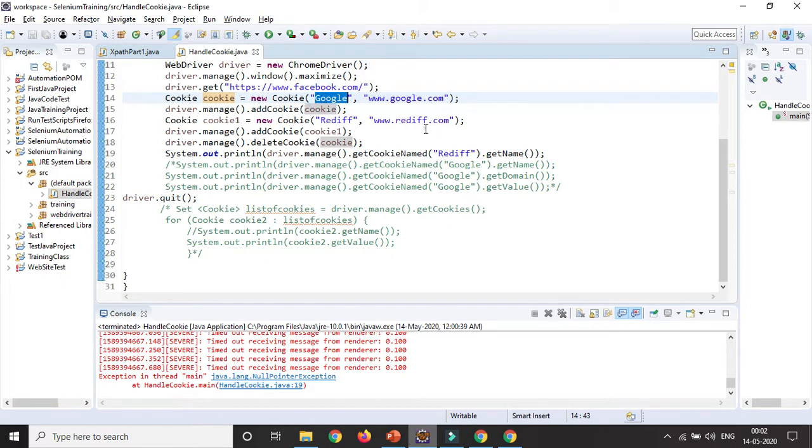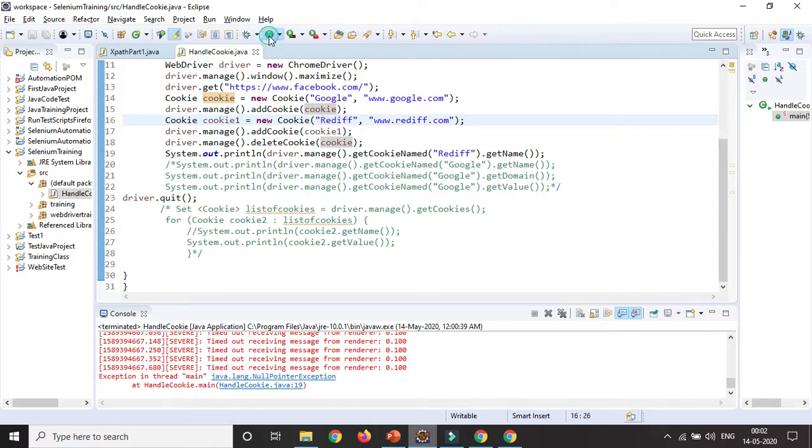It will work fine, and the browser will close and give you the result, because I have created two cookies here and I am removing the Google cookie, not cookie one, and I also want to get the name of Reddit, which is cookie one, which I am not removing.